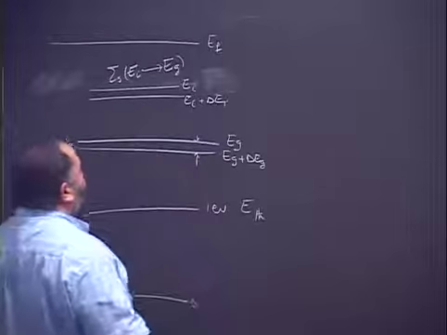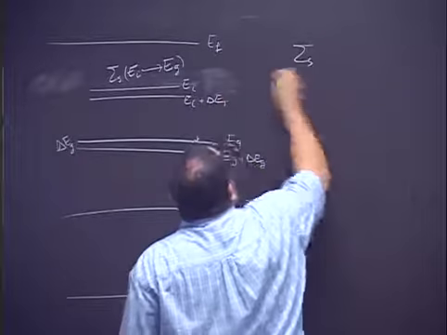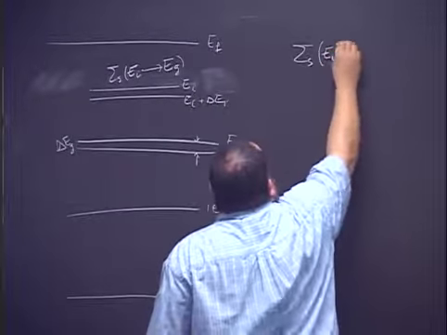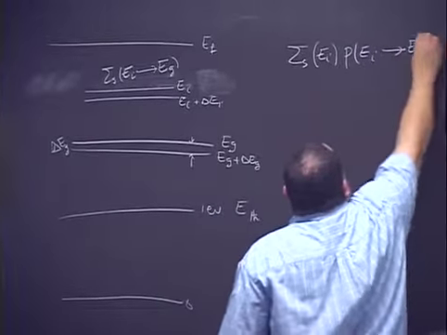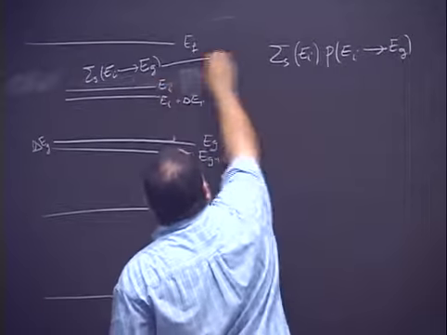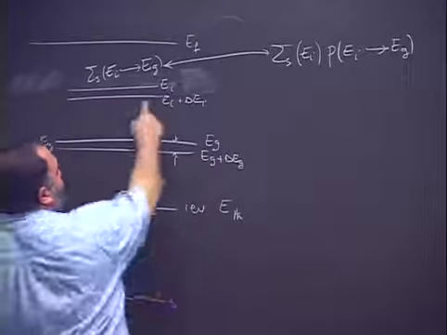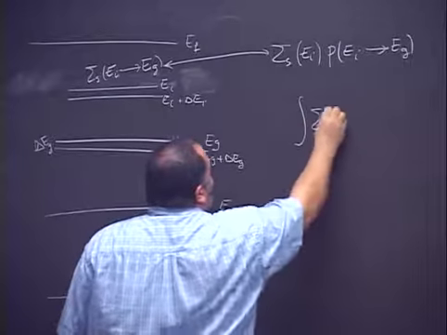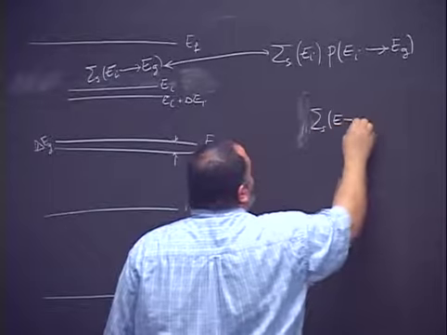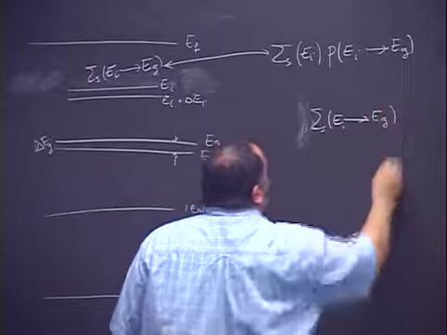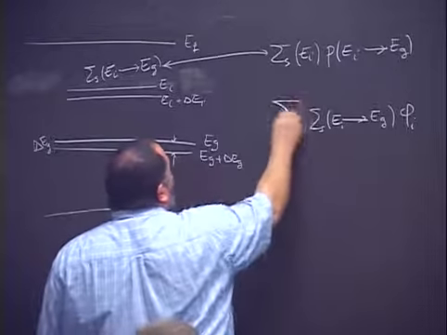This is called the out of group scattering cross section, and this is just sigma scattering at energy EI multiplied by the probability that if you have initial energy in I, you will go to the final energy in G. So the total number of interactions inside the group here will be just sigma scattering of EI, and you go to EG, multiplied by the flux at the group I, but you have to sum